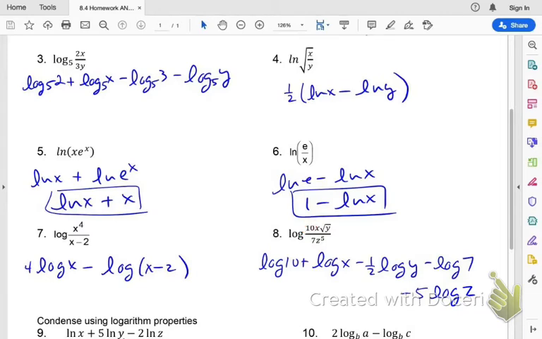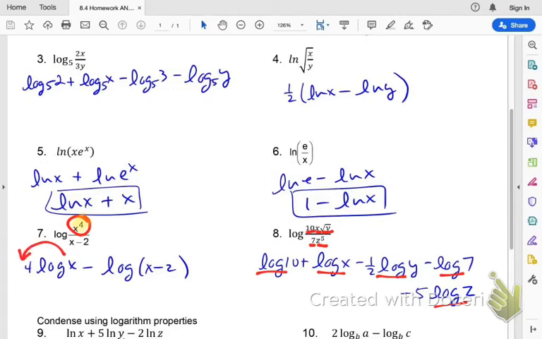So on number 8, you would split it into 1, 2, 3, 4, 5 different logs, because the 10, the x, the y, the 7, and the z are all its own term. And that's different than number 7 because it has an x to the 4th power, so the 4 is an exponent. And when it's an exponent, that's when it comes out front, and then you are left with